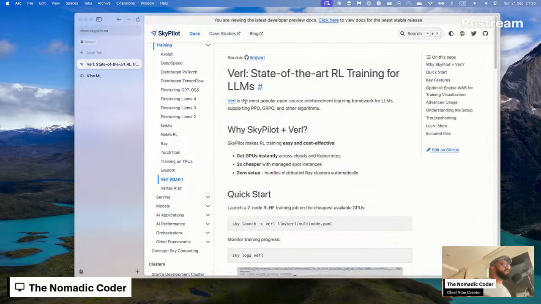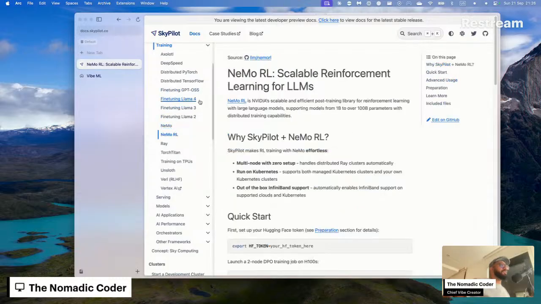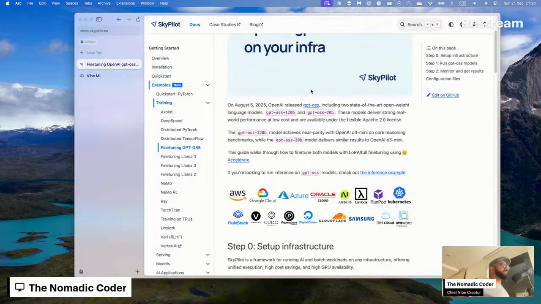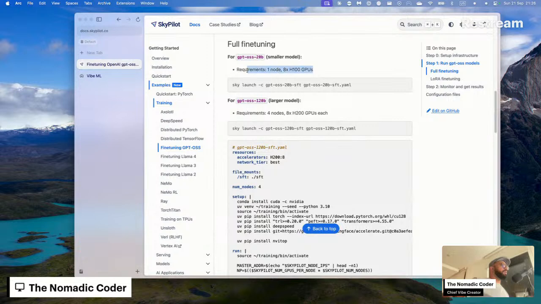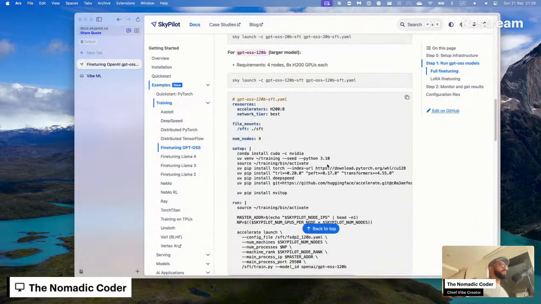What about this Nemo? Nah, not interested in Nemo. Fine-tuning GPT OSS, this could be interesting. Small model, I just require 8 H100s. And what does it require from my side?